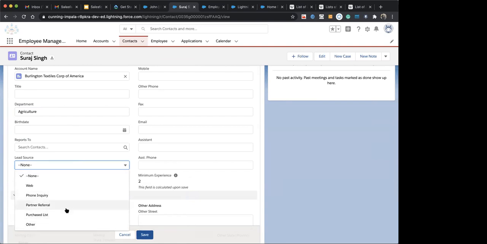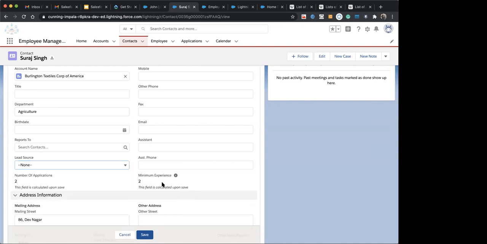So we have the record type option, which gives us the flexibility to decide which fields and which pick list values that user can see.